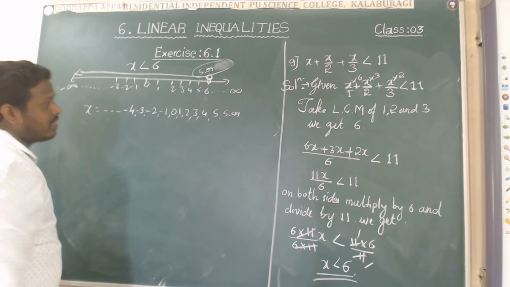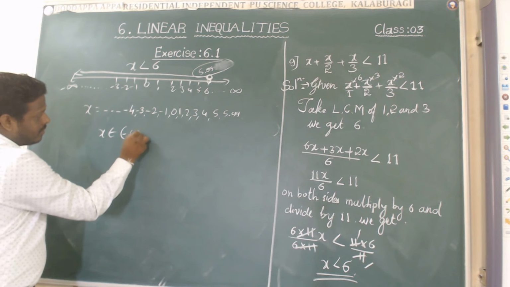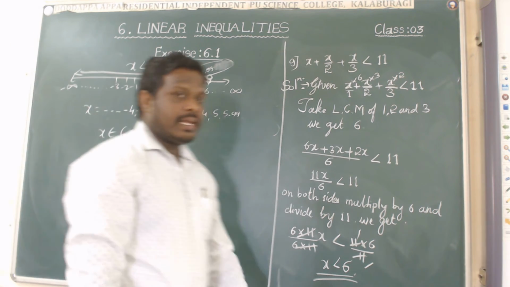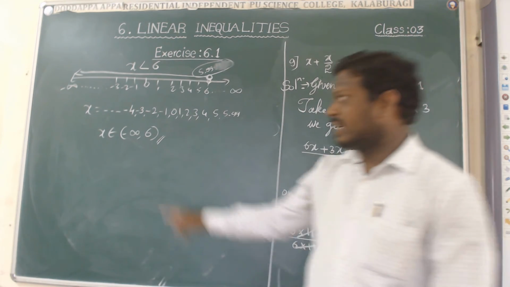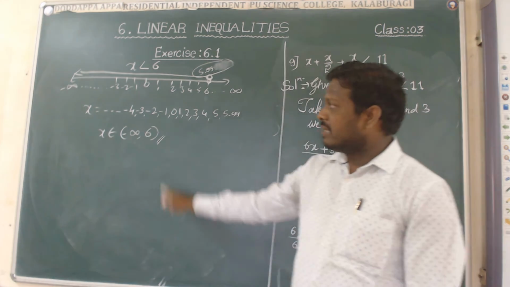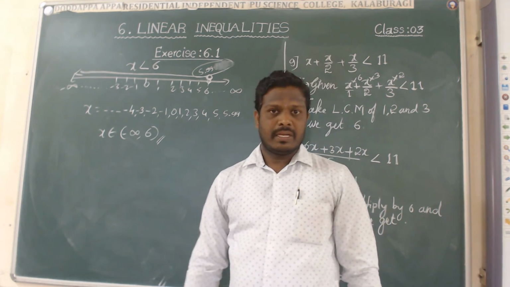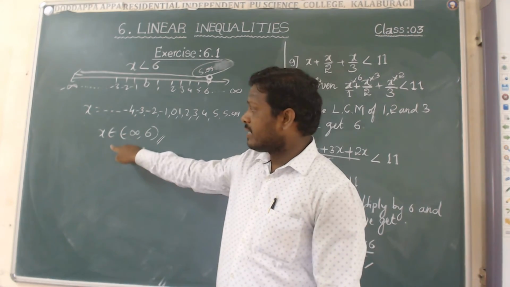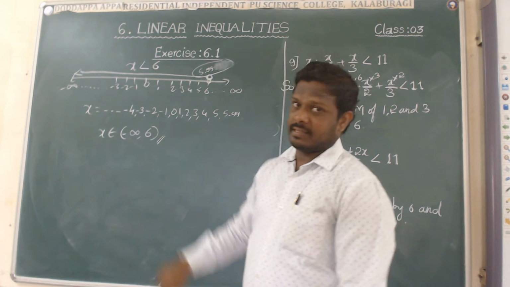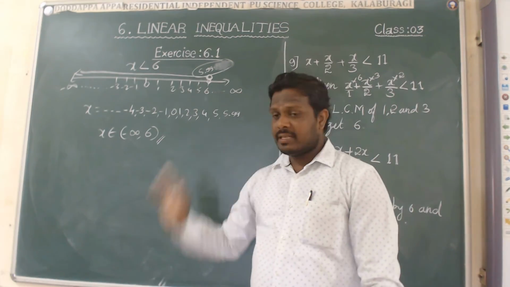So how can we write these by using intervals? That is, x belongs to the open interval minus infinity and 6. This is a way of writing the x values in real number form. Means x is real, so we show the solutions of x by using intervals. This means excluding the extreme end values of x. The value of x is coming up to minus infinity, not including infinity, and the value of x is getting up to 6, not 6. This is the meaning of this open interval form. Okay, I hope all of you are getting this very easily.